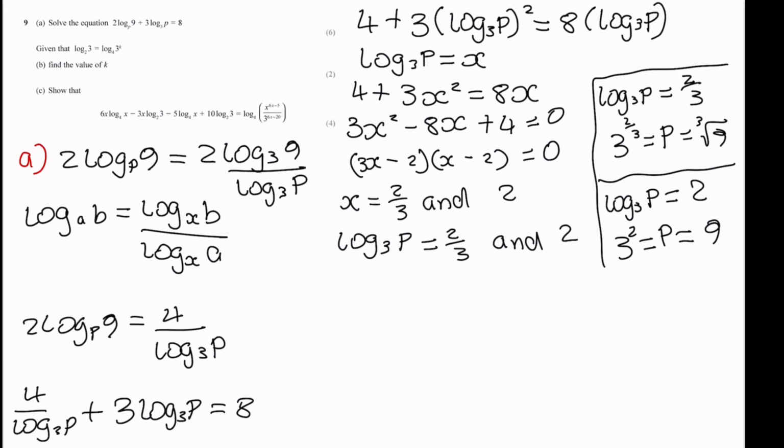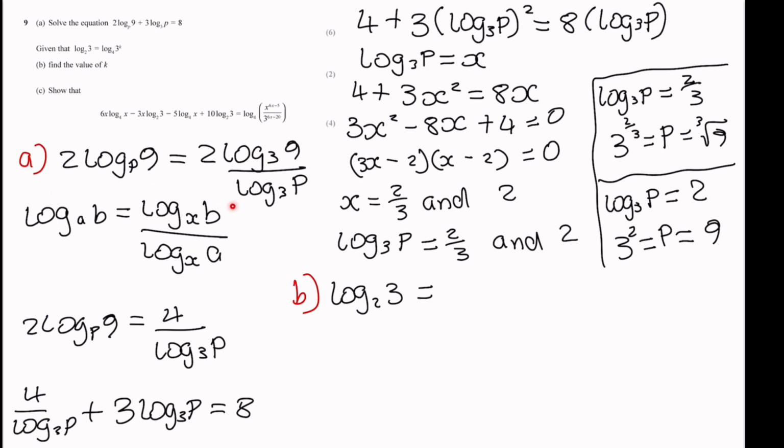Part B. Given that log to the base 2 of 3 is equal to log to the base 4 of 3 to the power of k, find the value of k. So I'm going to try to get this first term on the left hand side to look something like this term on the right hand side. So again, I'm going to need to change the base to have a base of 4 so it can match the right hand side. So log to the base 2 of 3, using the same formula from part A,